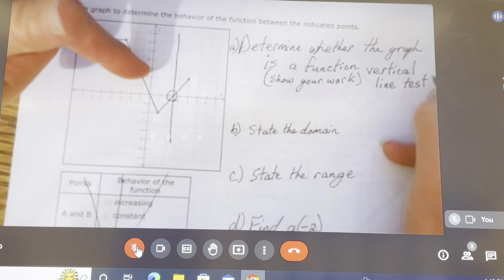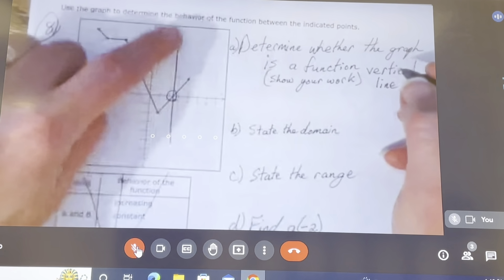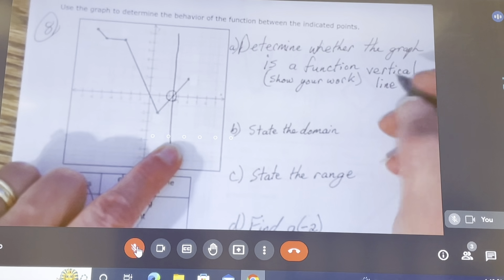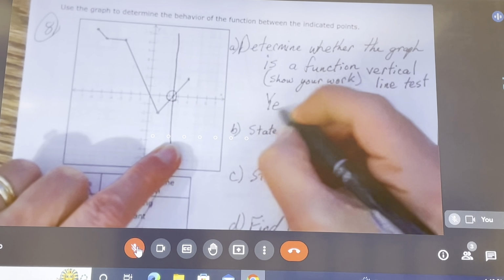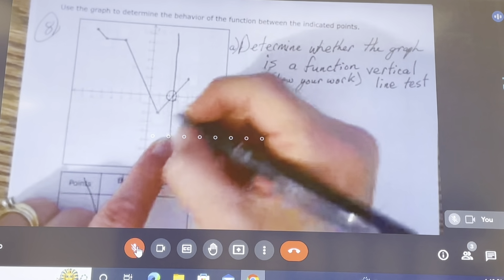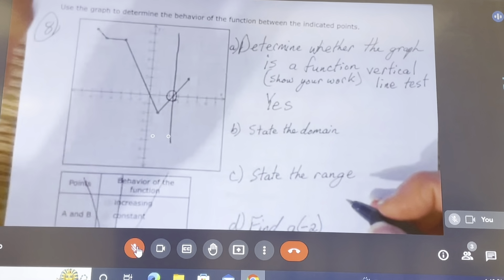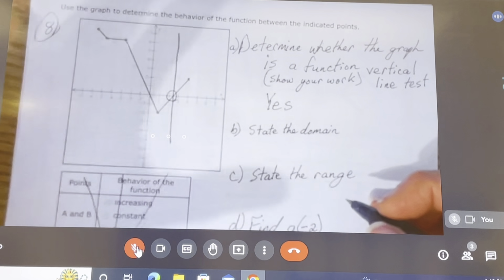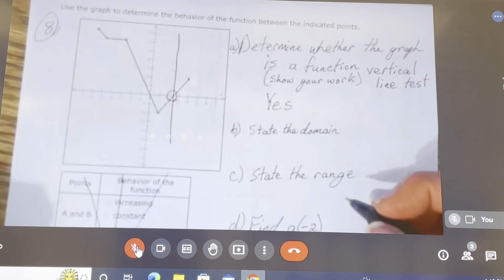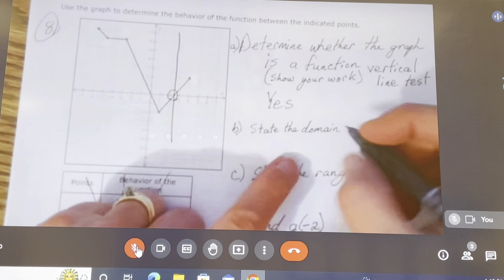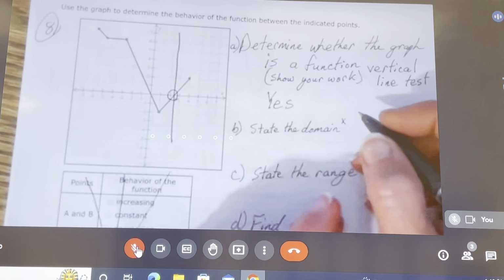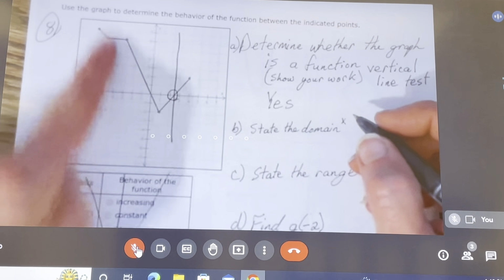As long as there is nowhere on this graph where I can draw a vertical line and touch it twice, then the answer is yes. So this was my work with a circle where it crossed and me saying yes. Had it crossed twice, I would make sure I drew the line where it would cross twice, and I would say no. The domain is asking what are we allowed to use for X and expect to find a point